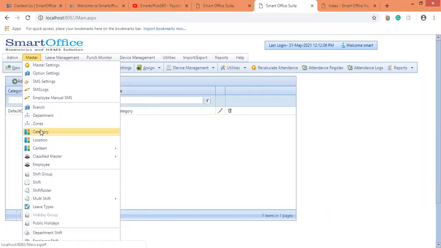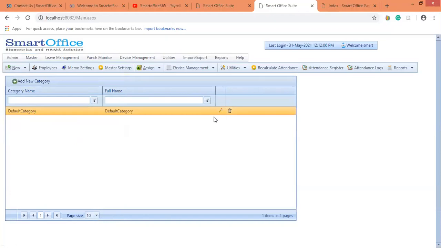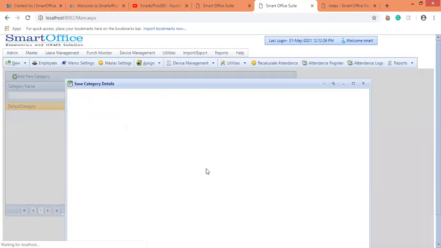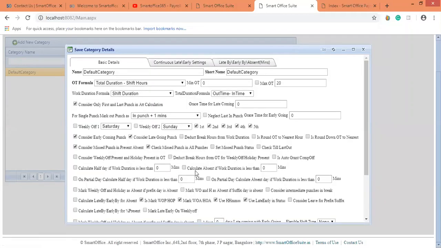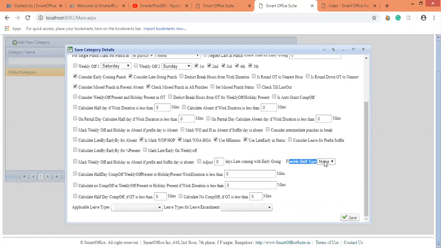So if you have a flexible shift, after setting the shift there, now you have to come to category and select the category flexible shift for that particular category. Whatever flexible shifts you have prepared will be listed in the drop down list to select.